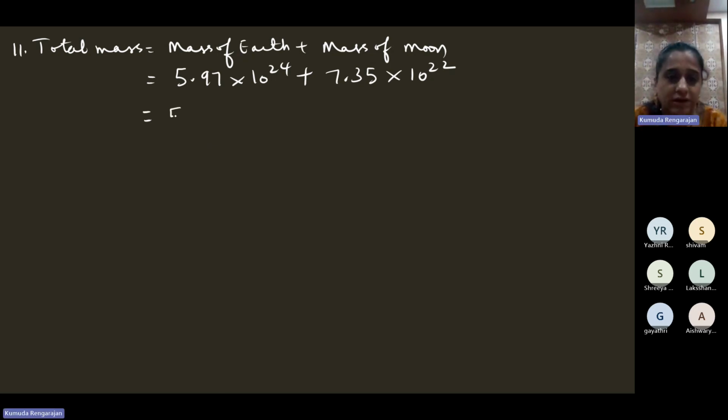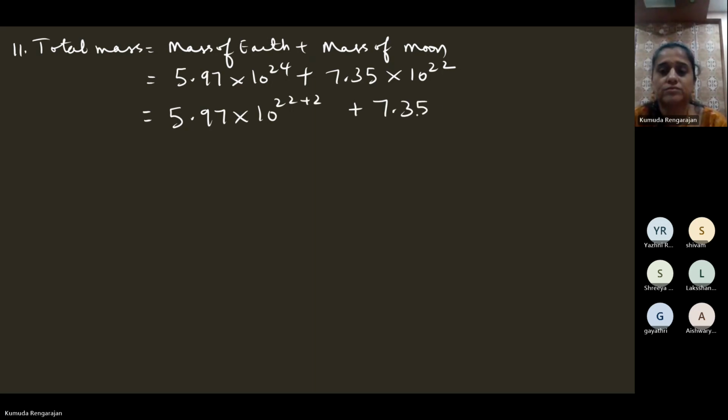So we need to write 24 as 22 plus 2. That's the first step. Then 5.97 into 10 to the power 22 plus 2 can be written as 10 to